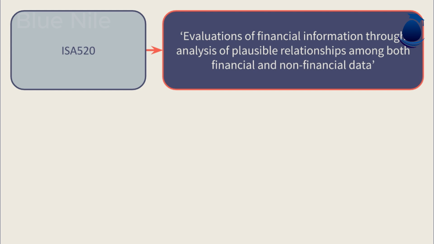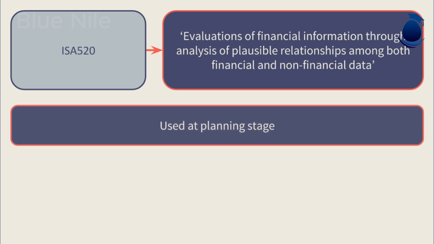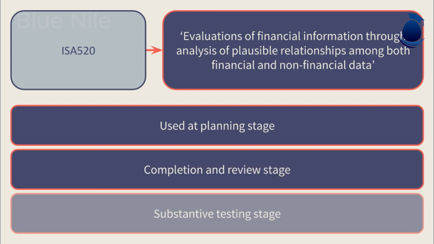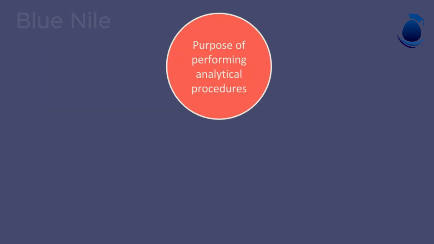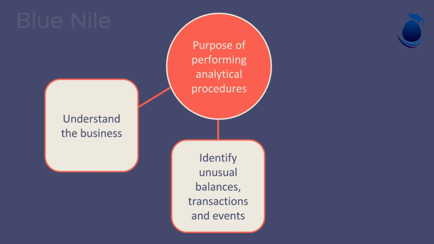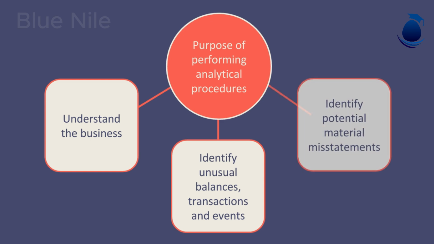This is an important tool within the audit process, and it must be used at the planning stage. Auditors are also advised they must again use analytical procedures at the end of the audit process, at the completion and review stage, and can use it to gather evidence during the substantive testing stage. The purpose of performing analytical procedures at the planning stage is to understand the business the client operates, identify unusual balances and transactions and events that may indicate potential audit risks, and identify potential material misstatements due to fraud and